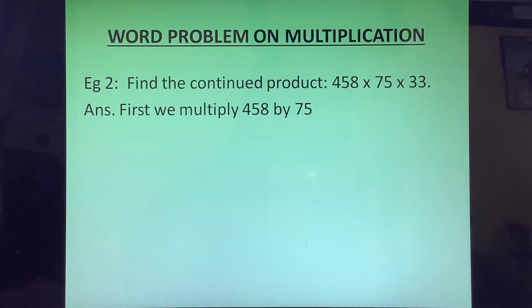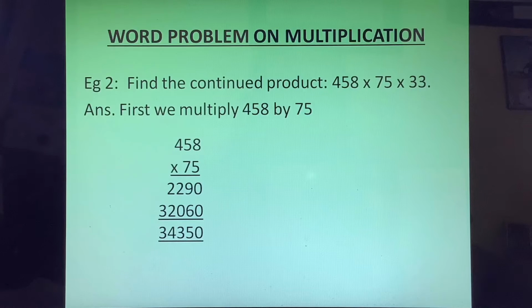Example 2. Find the continued product of 458 into 75 into 33. So first we will multiply 458 by 75. That is the first two numbers. We will get the answer as